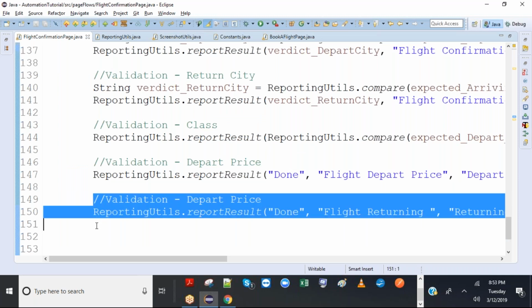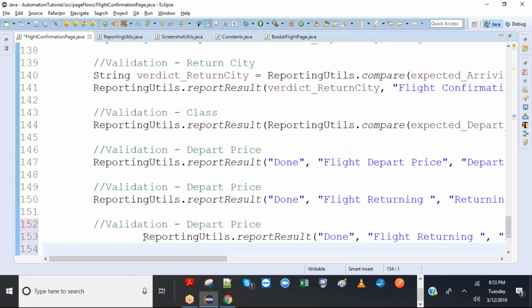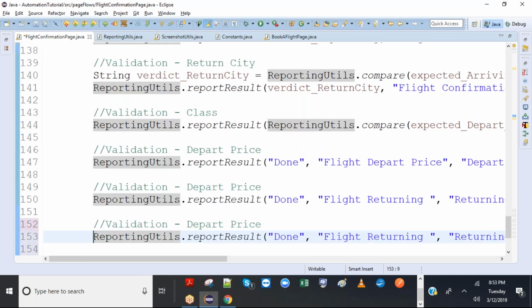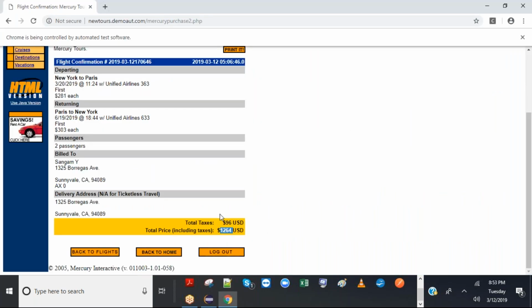Once this is done, the next would be again class, same repetition. The class is the same thing. There is no returning city, and that would be returning. We can put this one also actually.